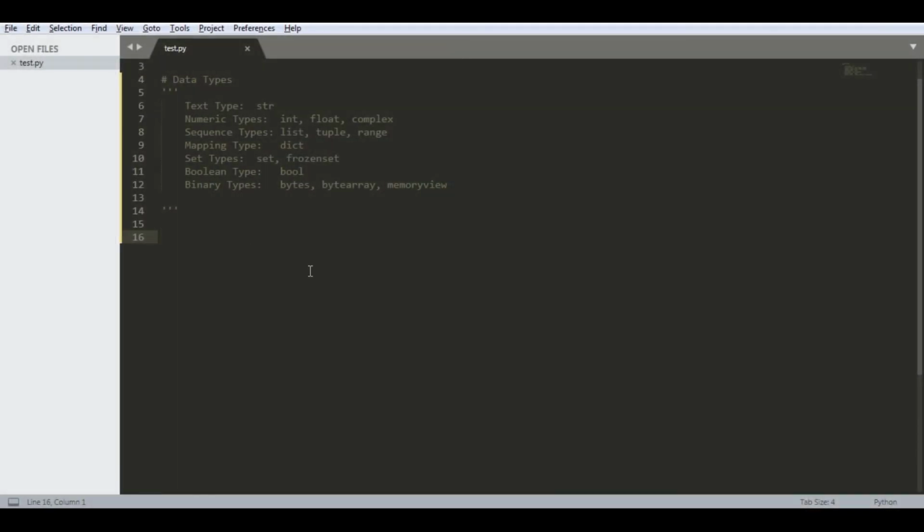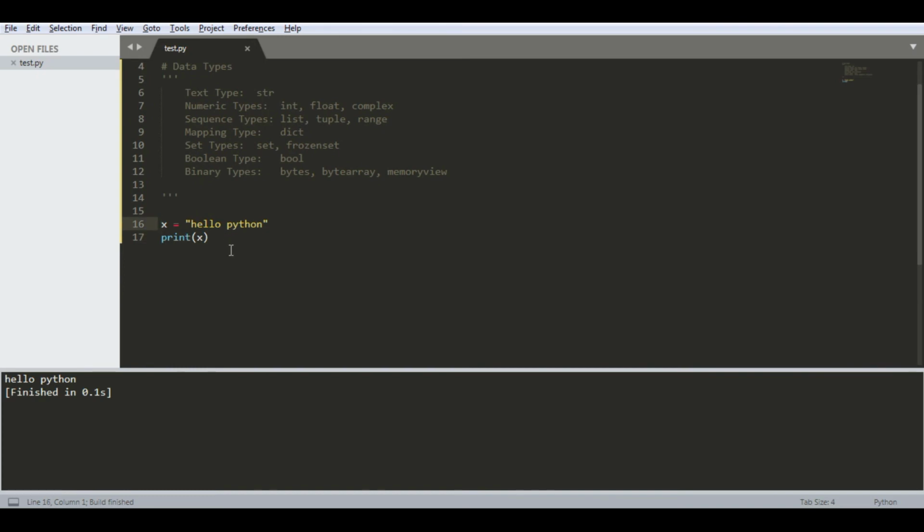Moving now to the third part of this video, which is the data types. For the first one, we have the text type, which is the string. We define a string like this: Hello Python. For the numeric types, we have int, float, and complex.